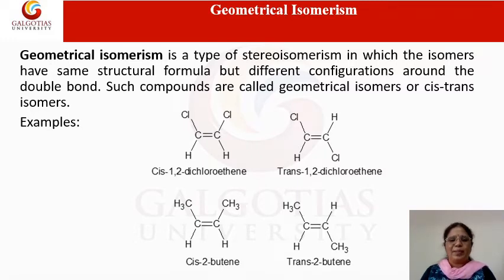This is more clear in another example, 2-butene, which contains a carbon-carbon double bond and the two groups are CH3 and hydrogen, that means different. Now in the cis molecule, the two methyl groups are on the same side of the double bond, that's why it is cis. In the other isomer the two methyl groups are on opposite sides of the double bond. Hence, this is the trans 2-butene isomer.